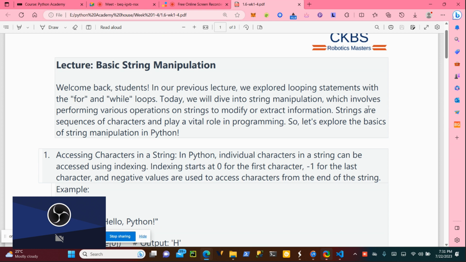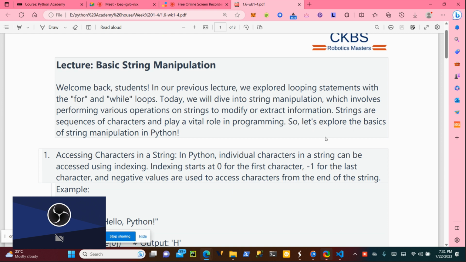Strings are sequences of characters, like my name, the individual characters that form a string. They play a vital role in programming.